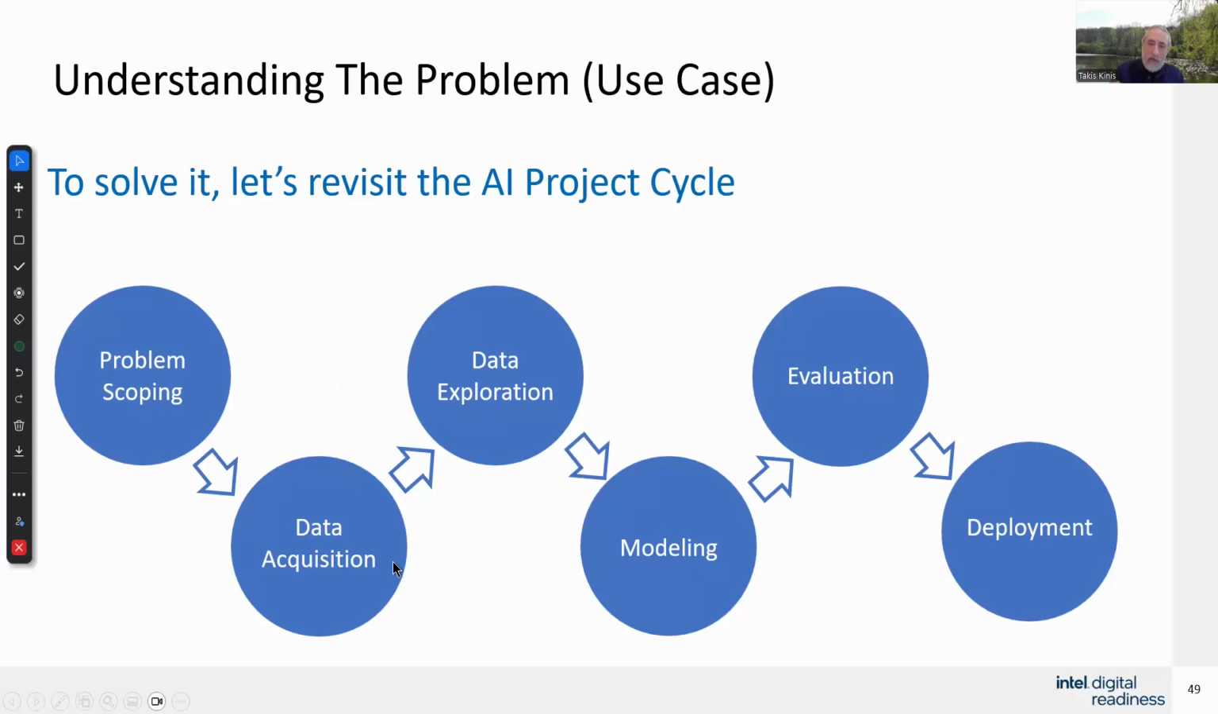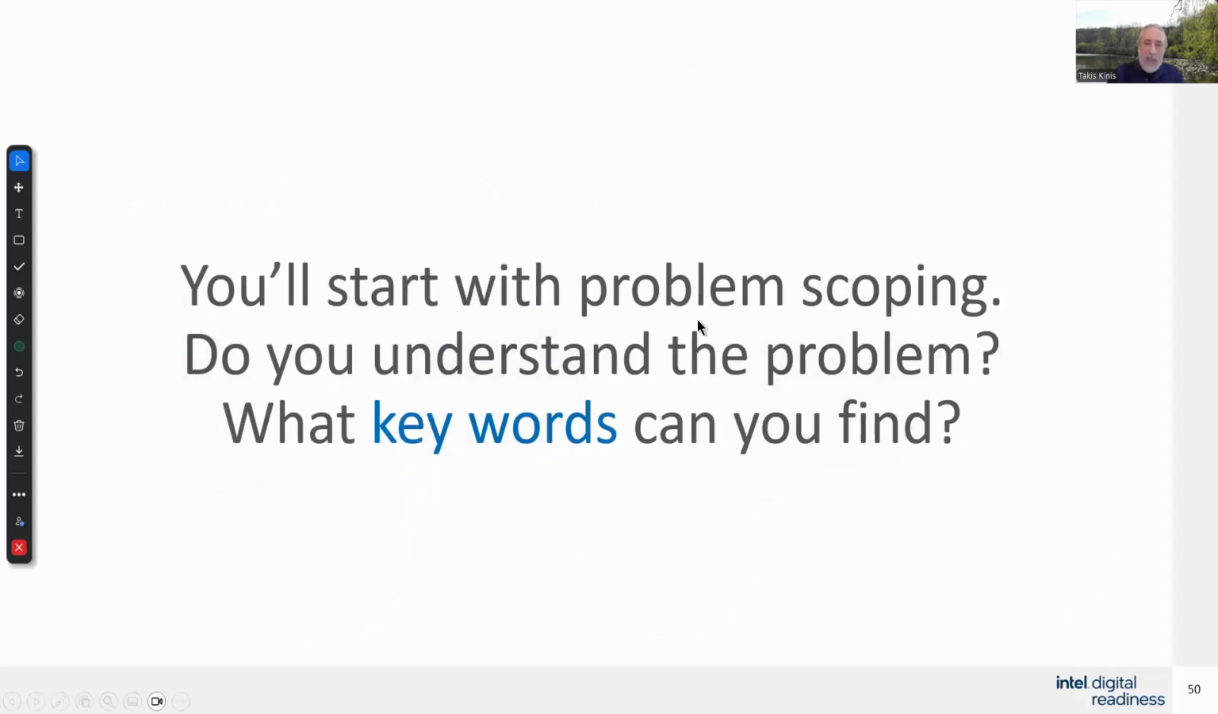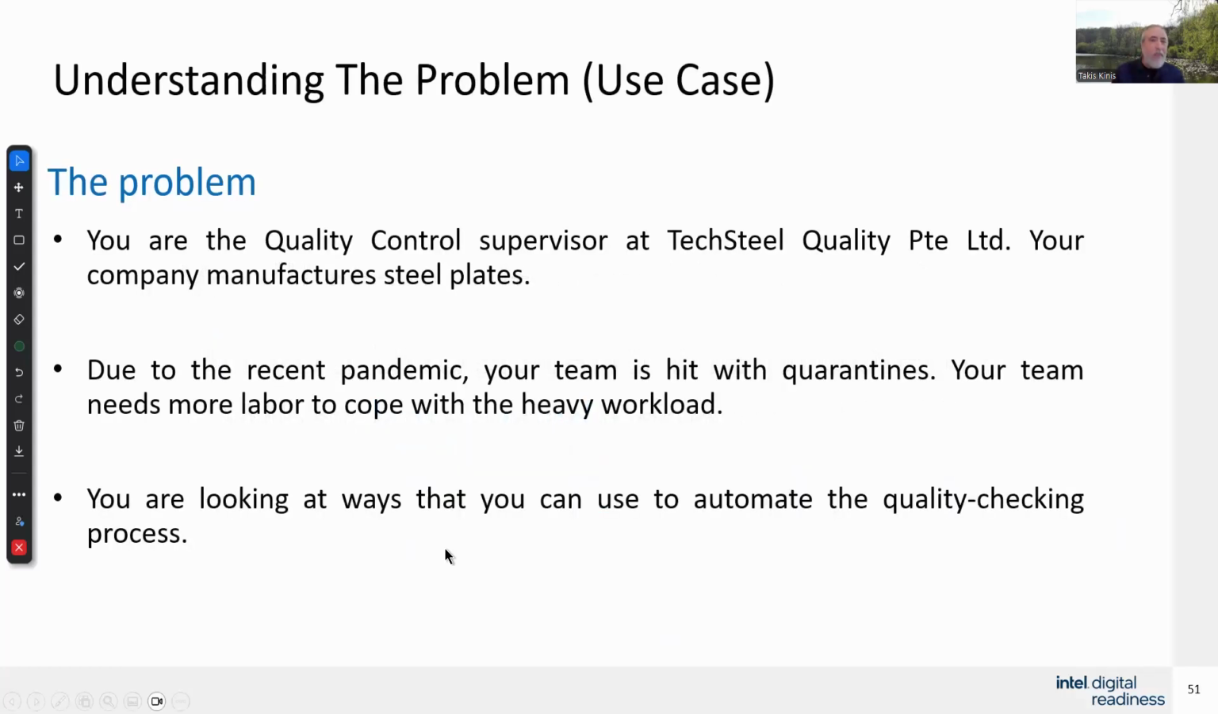So going through the whole project cycle again, you go through this whole thing. And let's look at the first thing. What is the actual problem? Can we figure out what that is? And what keywords can you find? So what they're saying is that